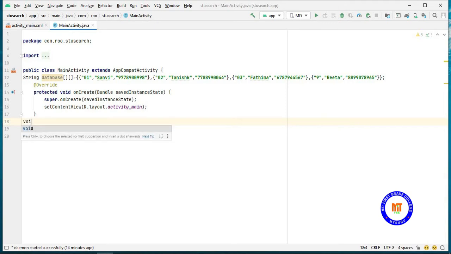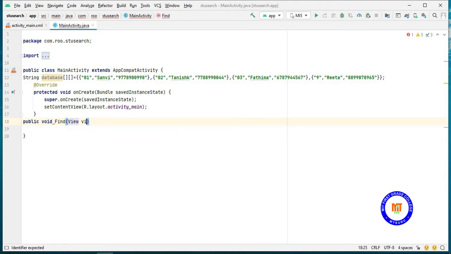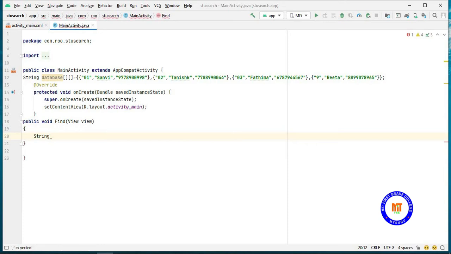For that I'll be taking public void find, View space view. Second view has to be in small letter. I'll be taking a string as a register number and keep that as null.